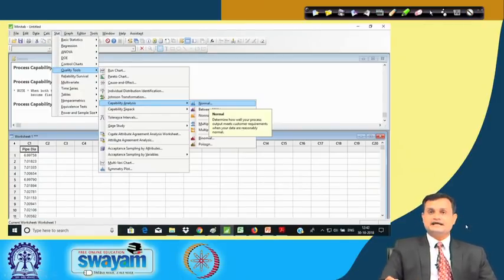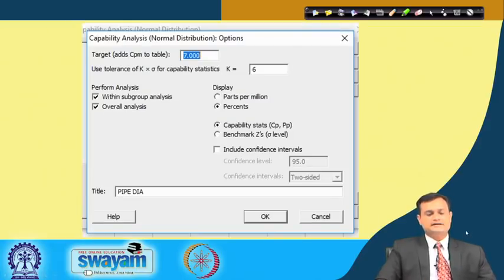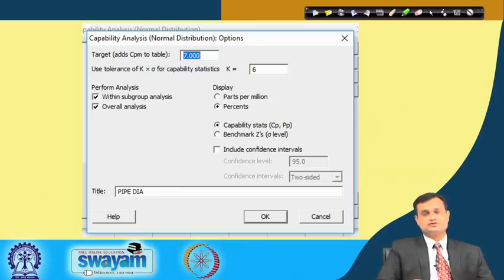So, capability analysis I am choosing, and that is normal. I am entering the data of LSL, USL, sigma, mu, and then I am also putting the target. We discussed CPM, and this particular target related index is also called the Taguchi capability index.